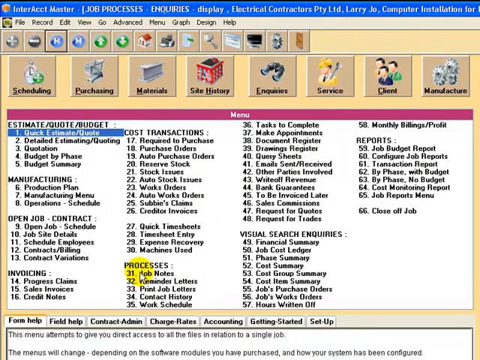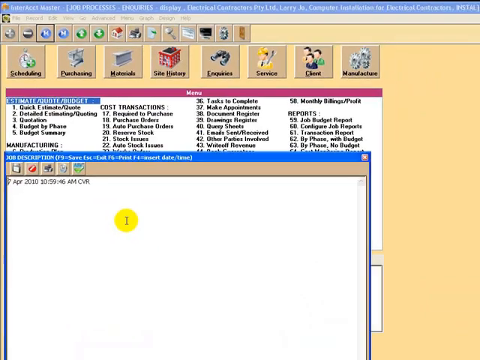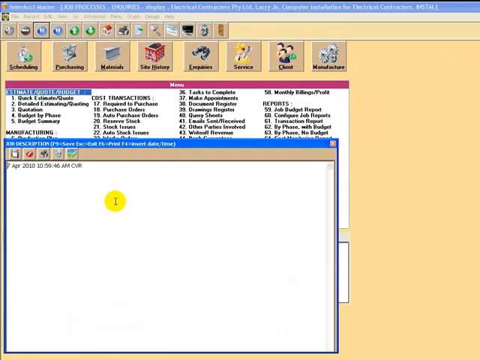Okay, just looking at the various processes, the first one, actually, job notes, is not really a process. It's a free format notes file, and there are lots and lots of these throughout the InterAcct system, not just in relation to jobs, but all the way through clients and prospects and so on. You can just type in whatever you like. You can time and date stamp it as we've done here, and you can also cut and paste text that may be recorded on an email or a Microsoft Word document or something of that nature,